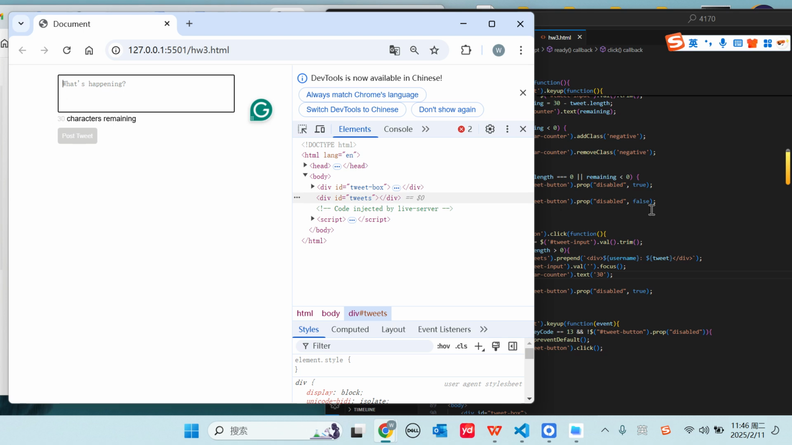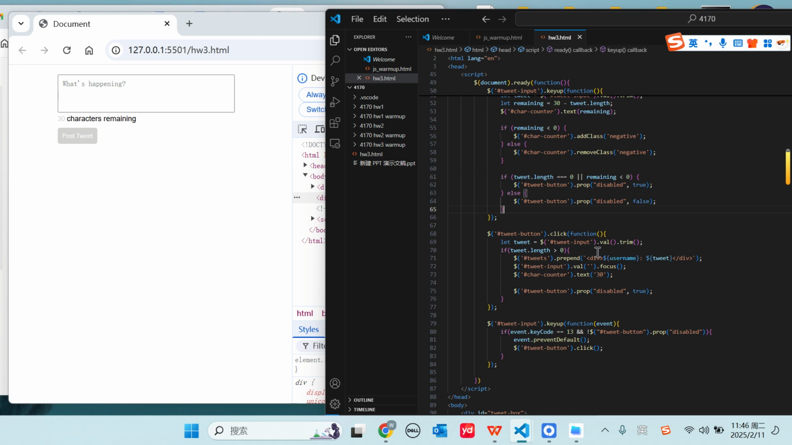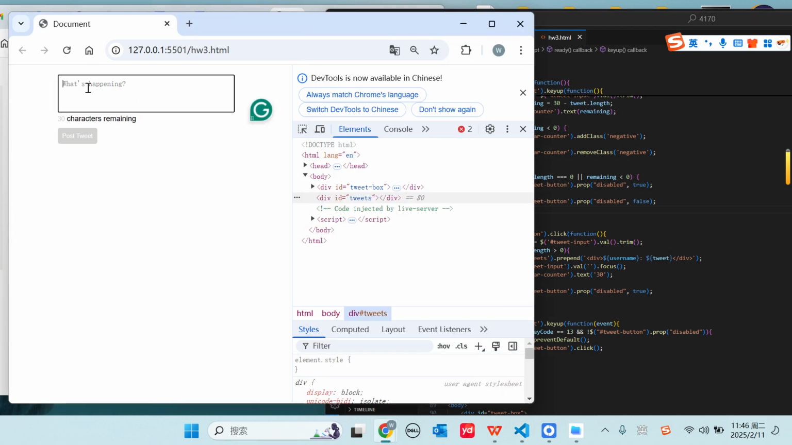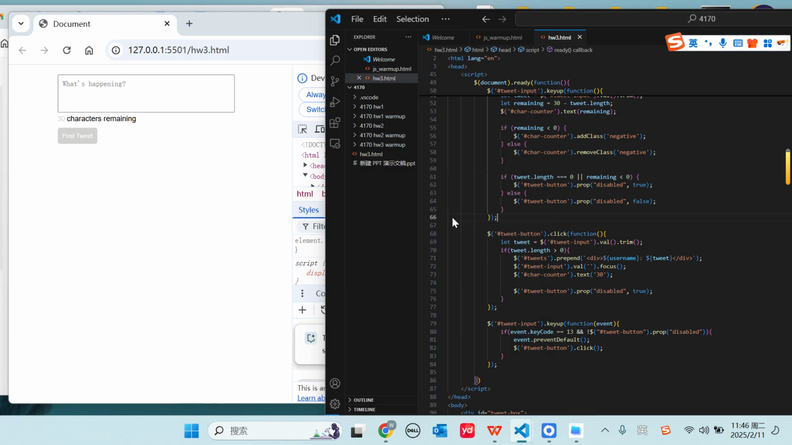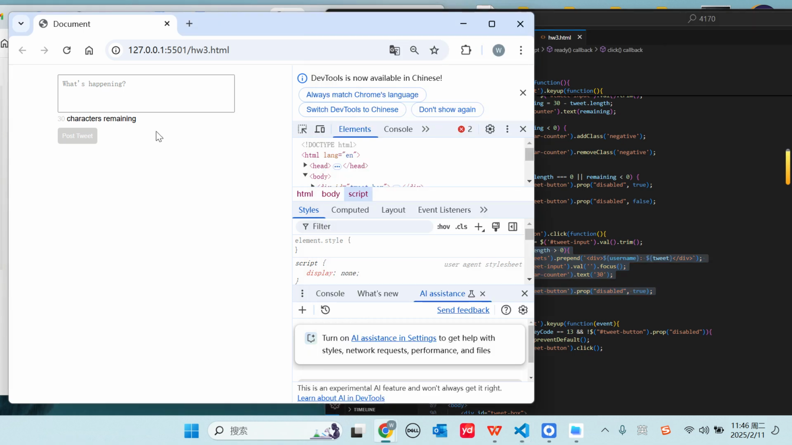I implement this by using a trim function after I read the tweet content from this text area. So if there is only white space, the length of the tweet will be 0, and it will not trigger this logic. And if I enter some valid characters in it, as you can see, the characters remaining is updated,